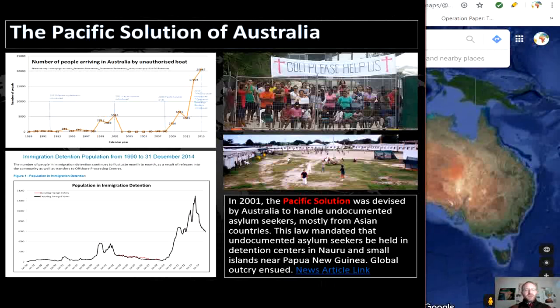Now, the graph on the upper left here shows the number of people showing up on unauthorized boats between 1989 and 2013. Now, you'll notice the quick uptick in 1998. This was the reason for shipping the asylum seekers to Nauru and other small islands. Now, the Pacific Solution was ended in 2008, due to mass protests, and undocumented immigrants to Australia increased until it reached